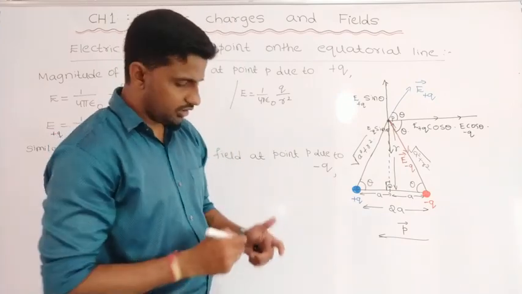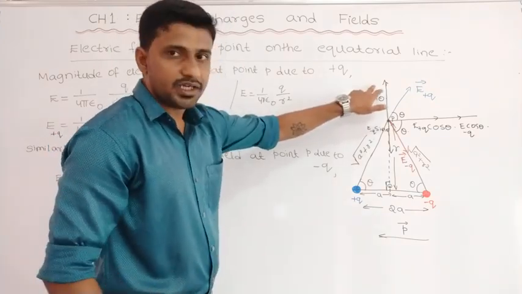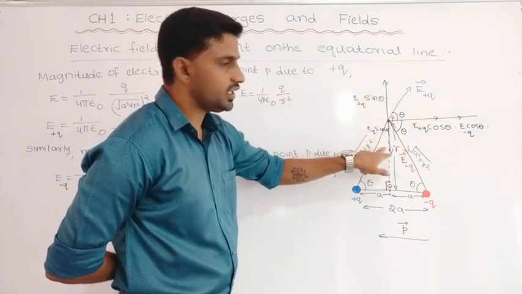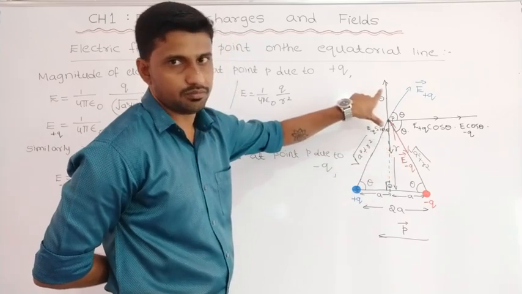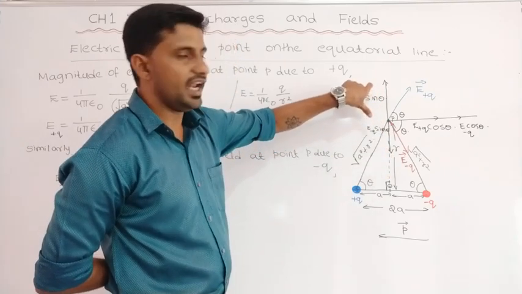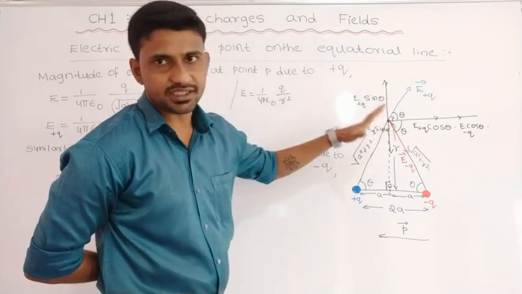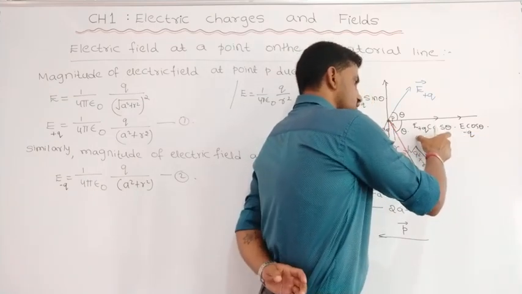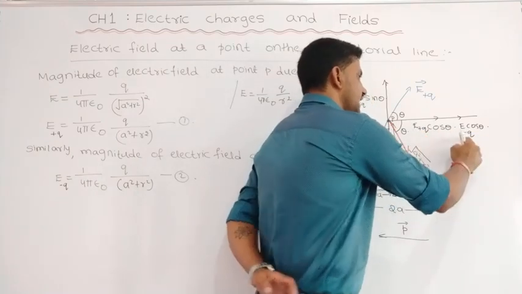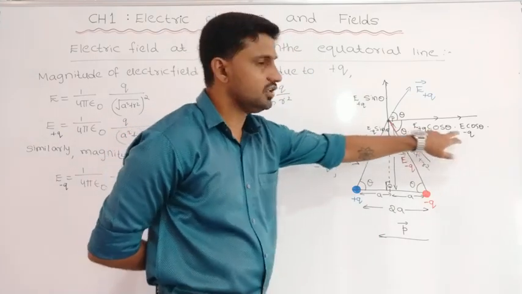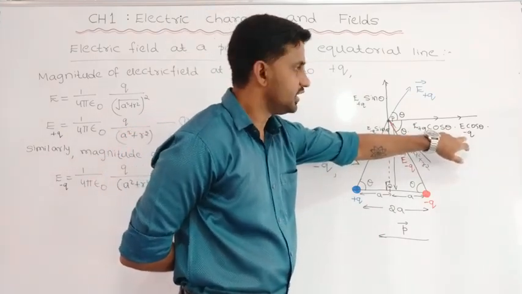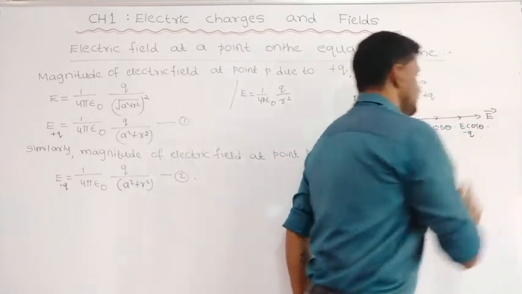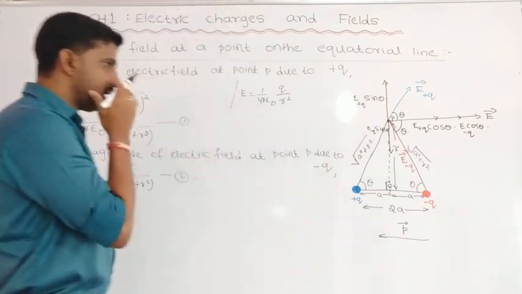If you observe here, the vertical components of electric field due to the positive charge and negative charge are equal in magnitude but opposite in direction, so the vertical components cancel each other. But if you observe the horizontal components of electric field due to the positive and negative charges, they are in the same direction, so they will add up. Since they are in the same direction, the resultant electric field I can write